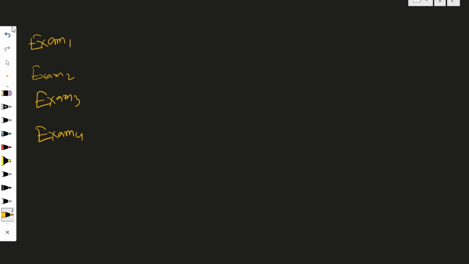Suppose one of the students scored 40 in exam 1, 60 in exam 2, 80 in exam 3, and 90 in exam 4. Now, on average, we can just sum it and divide it by 4, and we will get an average. But what will happen